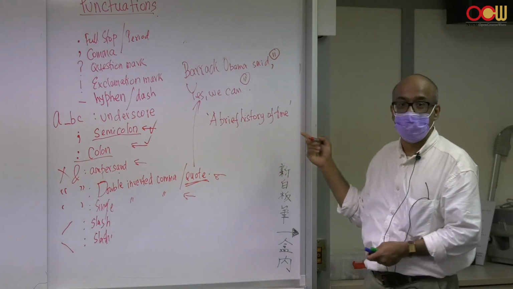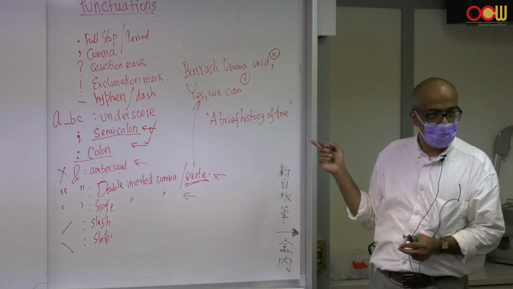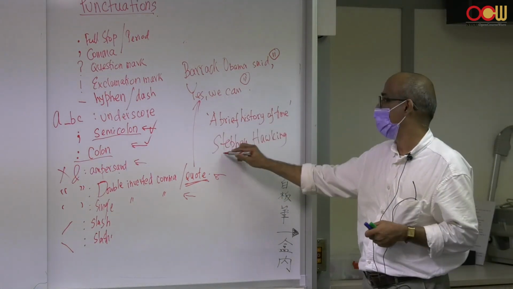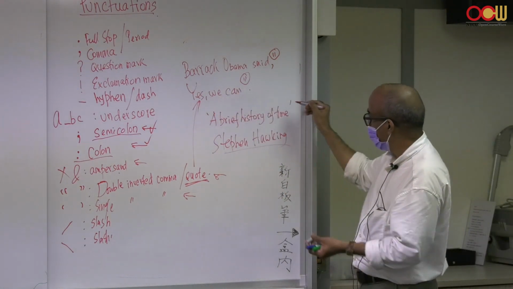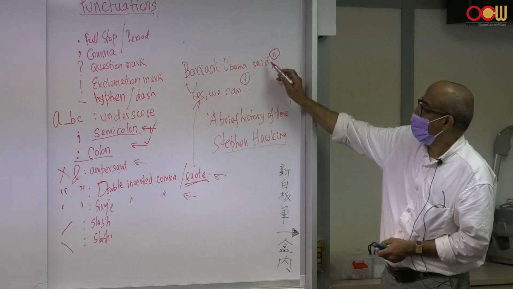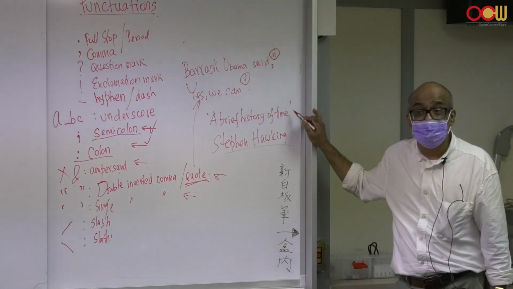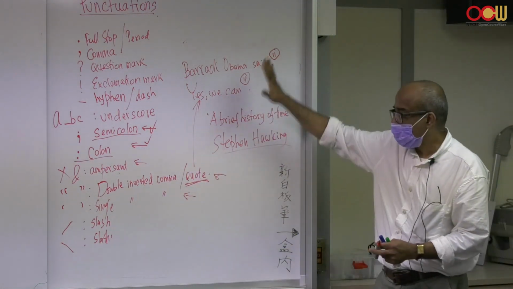This is the name of a book. Who wrote this book? Stephen Hawking. A Brief History of Time. So when you write the name of a book, it's in single inverted commas. So you know what is this and what is that. Okay, mostly